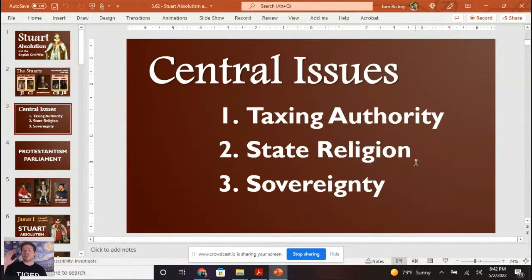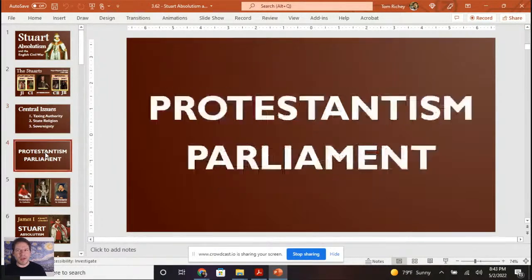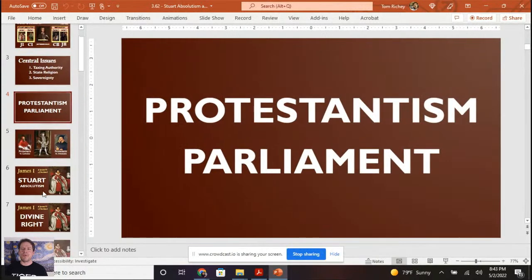Okay, so you've got the Church of England versus these Calvinist groups. So, the problems with the state religion, and also the idea of sovereignty. Is sovereignty in the monarch? Does the monarch have full sovereignty, or does the monarch have to share sovereignty with Parliament? If you want to alliterate, which I like to do, you think about Protestantism and Parliament. These are two things that are very important there.